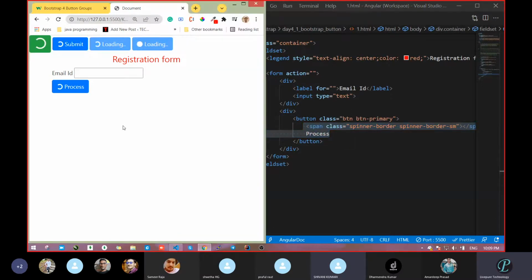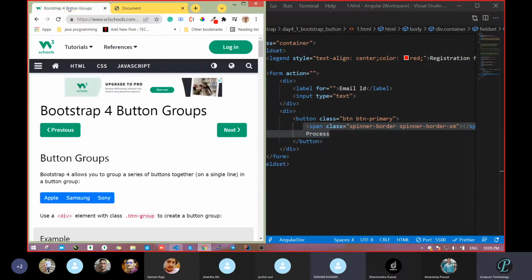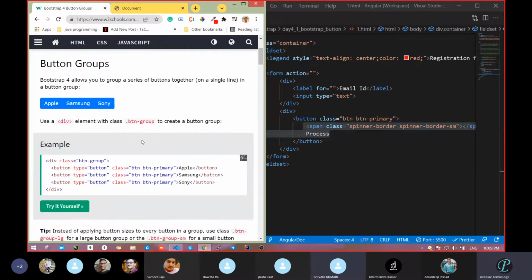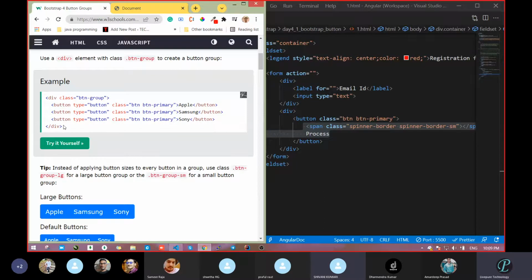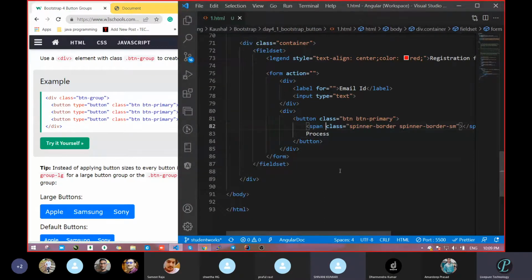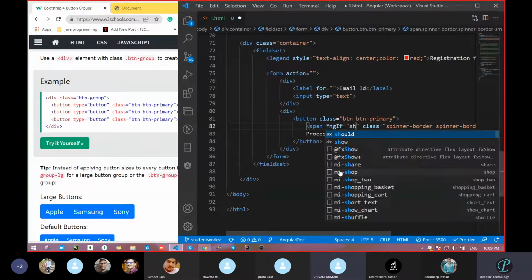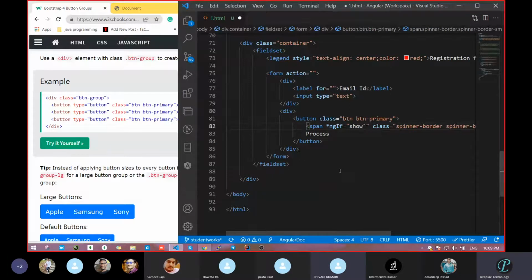When we learn JavaScript and Angular, that time you will see all these things. These are just basic. Once we go to the Angular side, we will do more and more compared to this. With the help of the server side, just one or two lines of code we will write here. That's it. An ngIf equal to, that's it. It will hide that value, or hide like this. If we return this, it will hide or show just with the help of Angular. That's it. It's not much more.